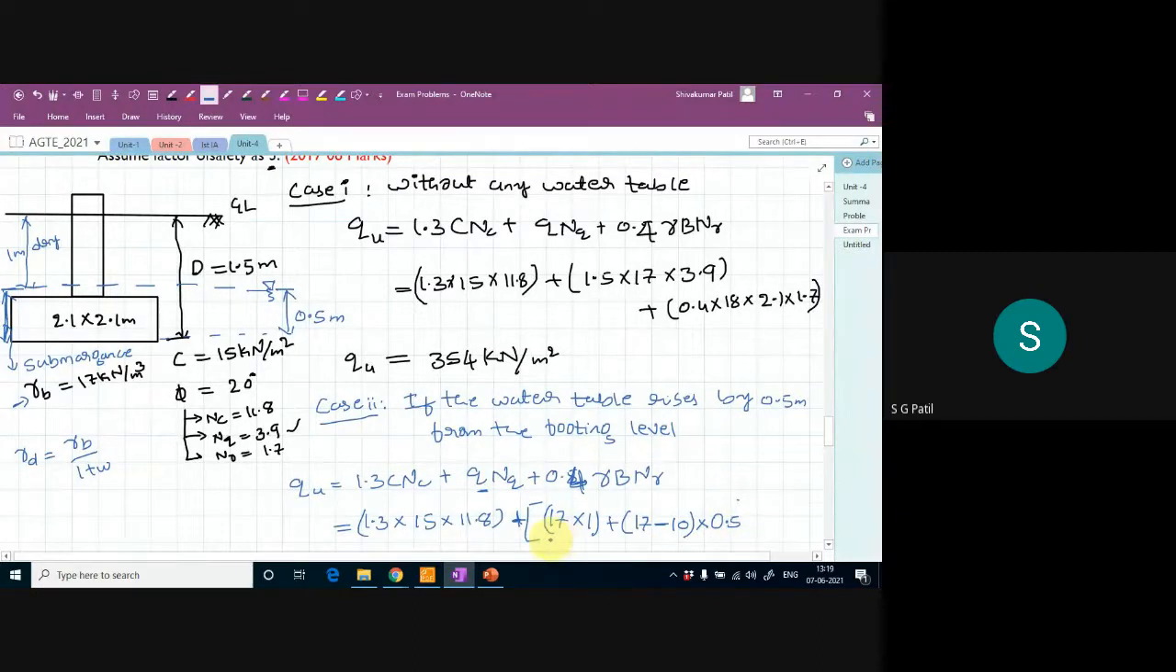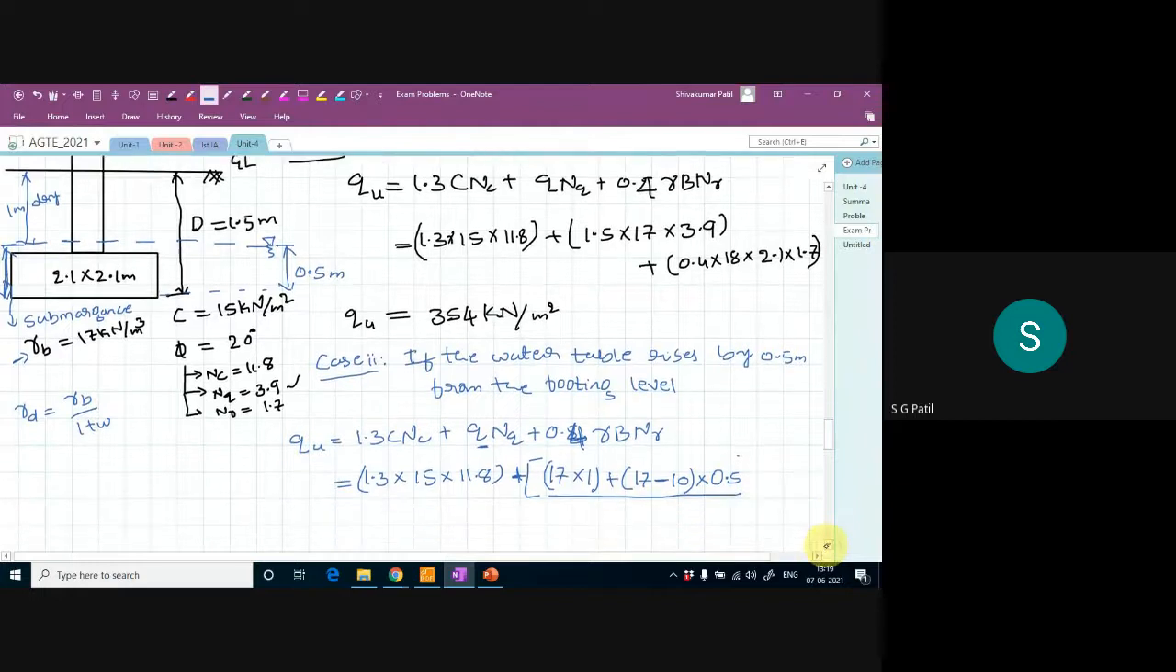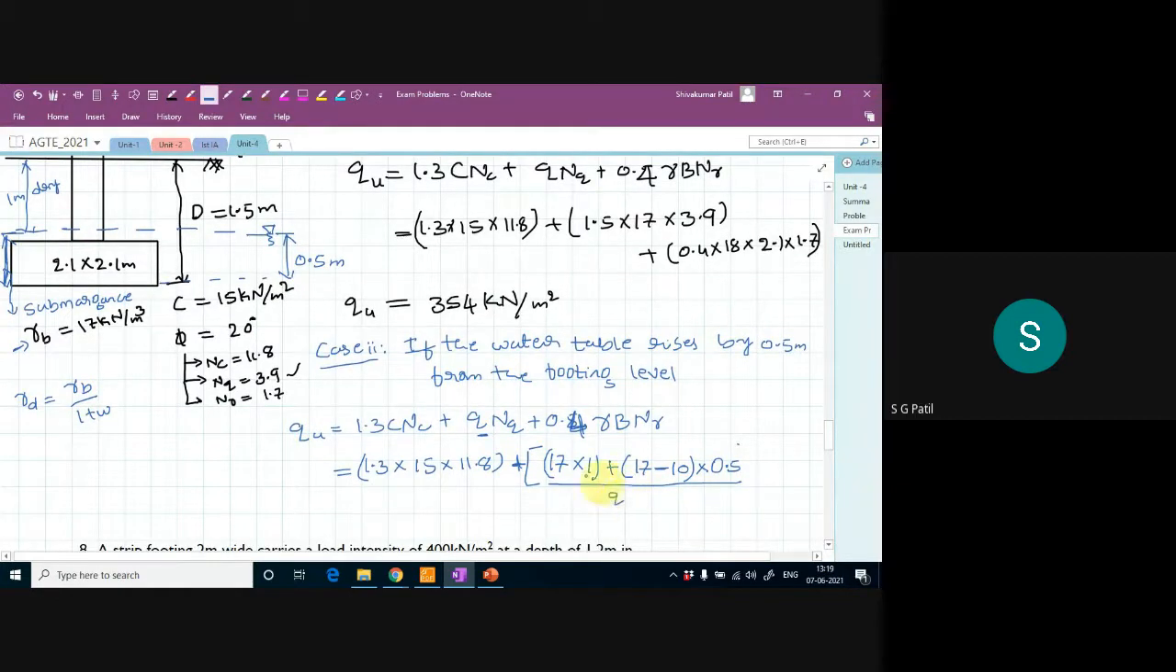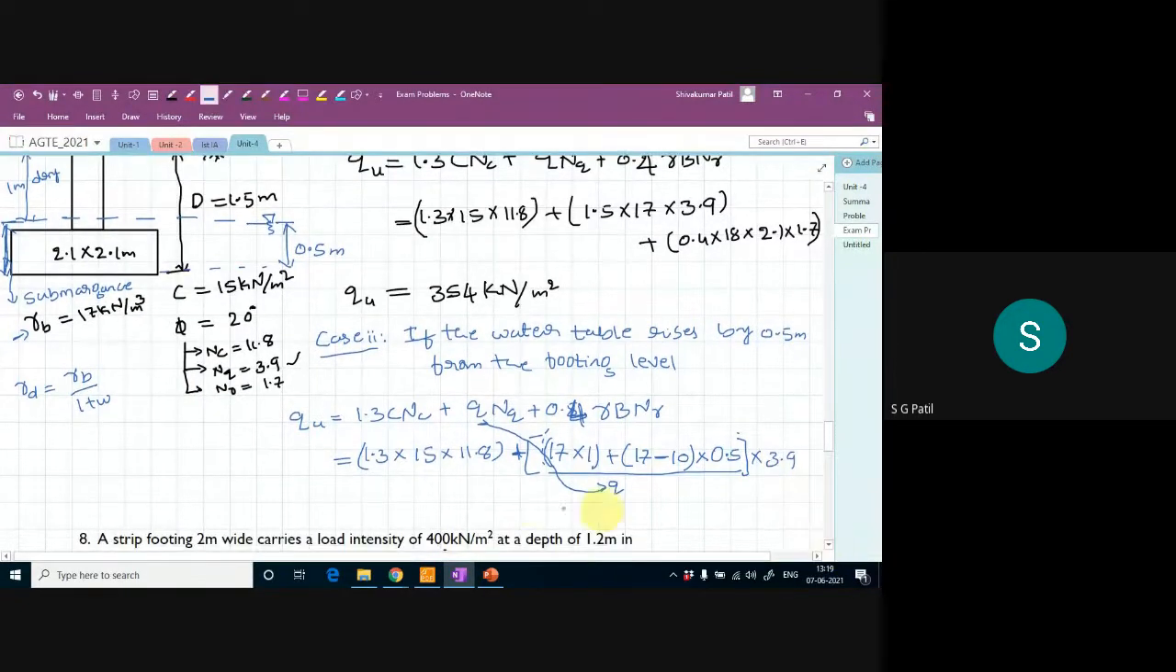Okay, so this entire term is what? This entire term is Q value, into your NQ value. NQ is how much? 3.9. Plus, what is the fourth term? Fourth term is 0.4 into